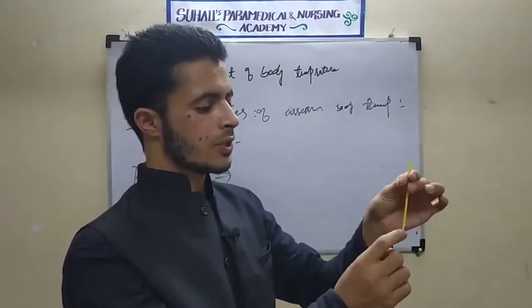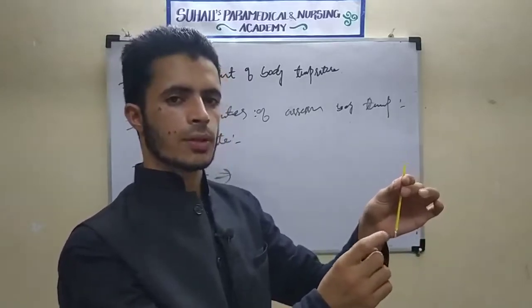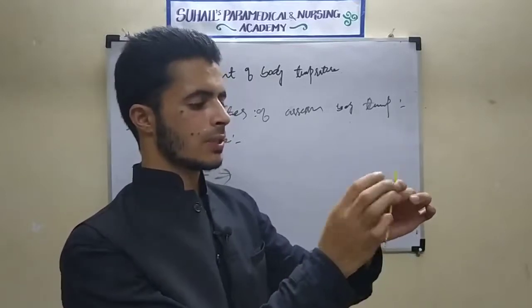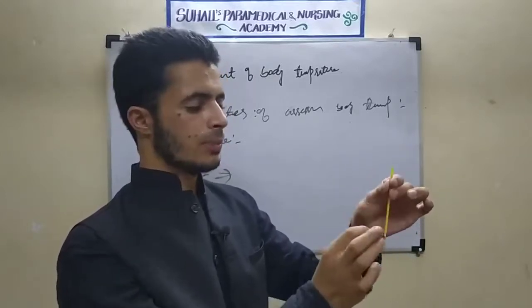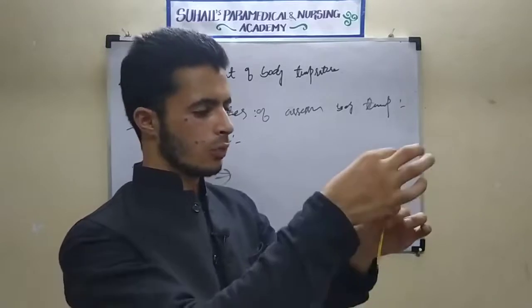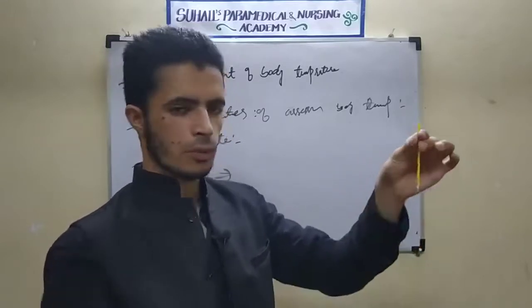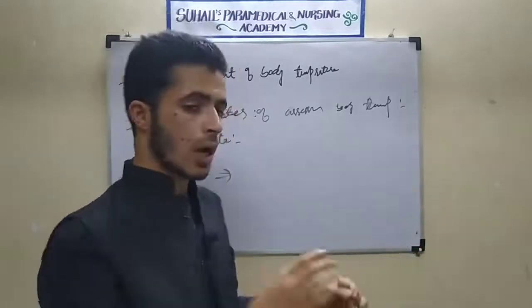Because this bulb is now infected. This may have infection. This is more contaminated, and this is less contamination. If there is presence of infection, that will be on the bulb. So we will come from less infection to high. We will wipe like this. Okay, this is the procedure, after the procedure.